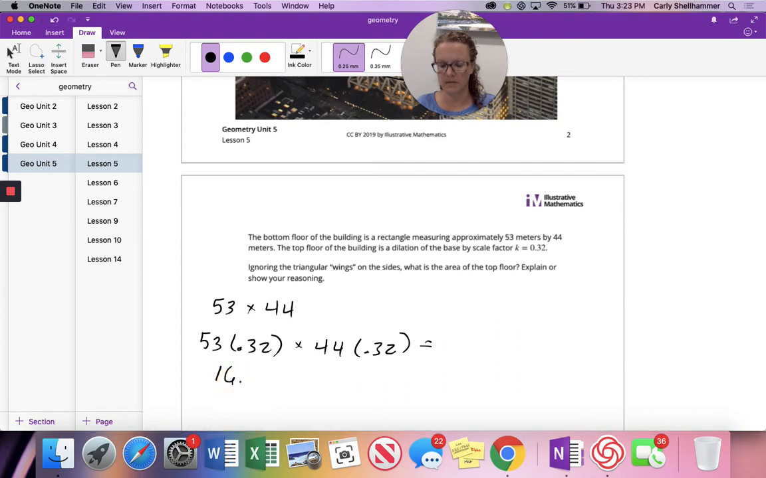And you can work along with me. There's no need to just watch me doing all the work. Take notes, write things down. So that's my new length and width of the top floor. Now I can multiply those together. And I get